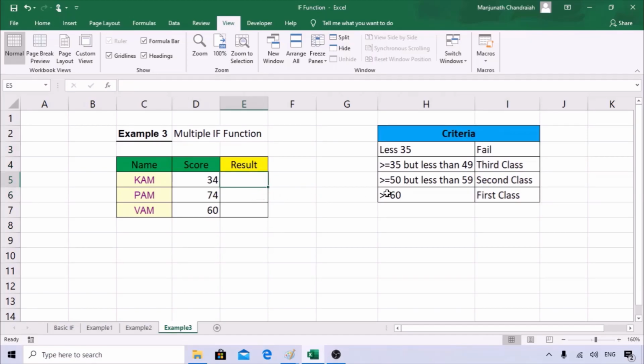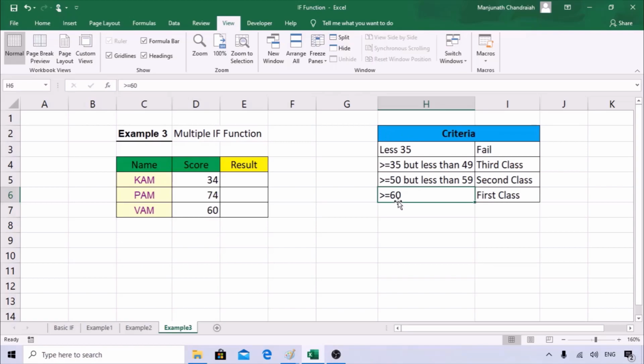One more very important thing to keep in mind when you are adding a multiple if function: you should always start from the bigger number to the smaller number, descending order, highest to the lowest. You should not start the function with 35, then 50 and above, then 60 and above. Not like that.